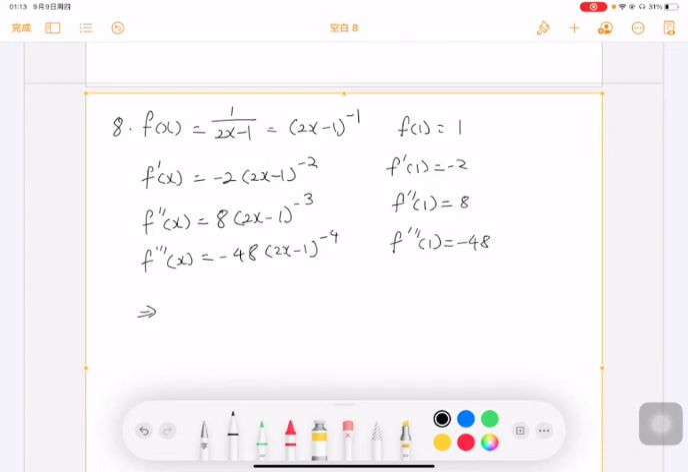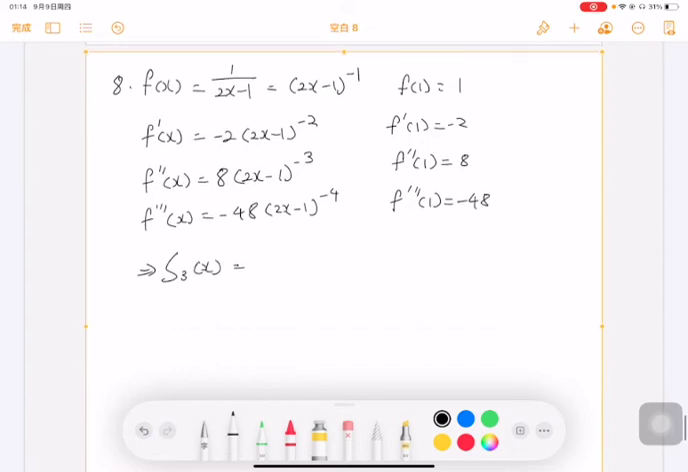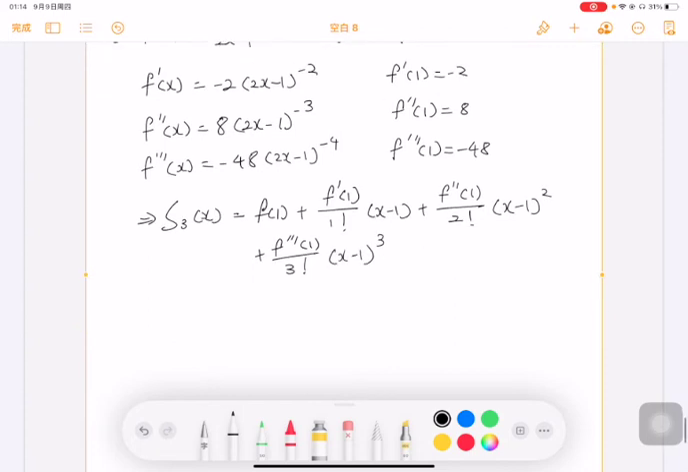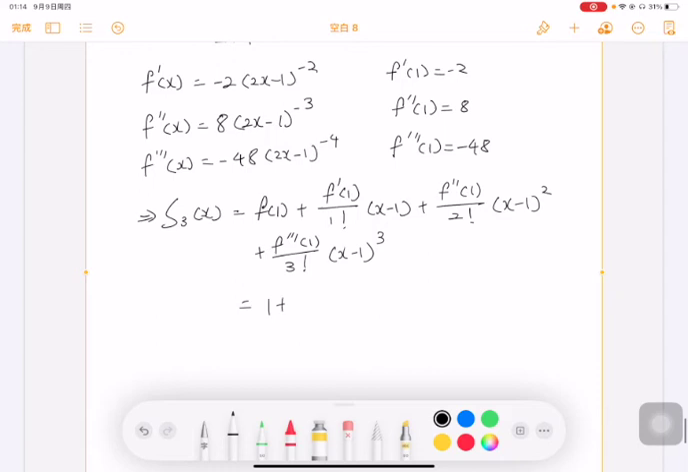So the third degree Taylor polynomial, let's call that P3 of x, the formula is, let me just write out the formula here. f of 1 plus f prime of 1 divided by 1 factorial times x minus 1, plus f double prime of 1 divided by 2 factorial times x minus 1 squared, and then plus f triple prime of 1 divided by 3 factorial times x minus 1 to the third. Plug everything in, you get 1, then minus 2